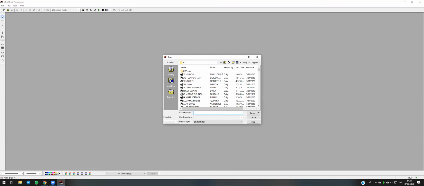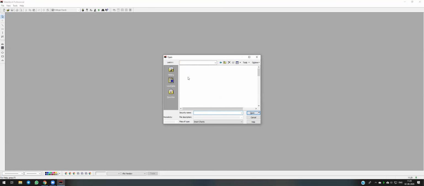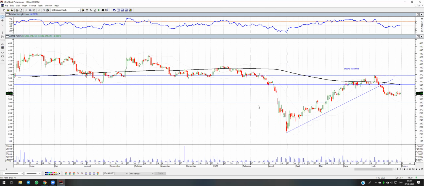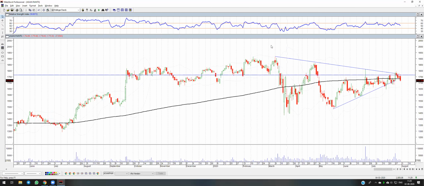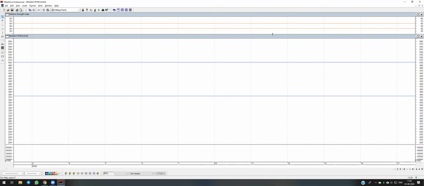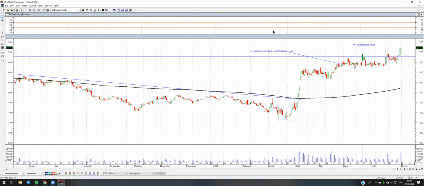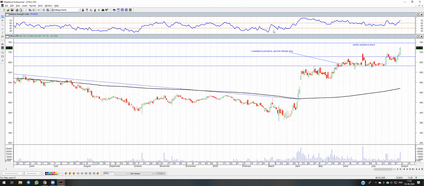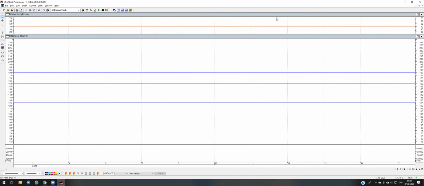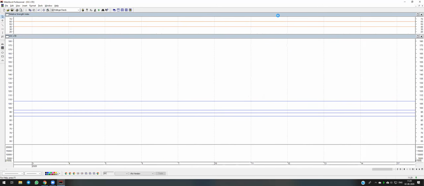The best part of this is that I also use it for scanning all my charts. You can see this is all the scripts, the Nifty 50 scripts here. With one click of a button, I can move very quickly and scan my charts. See, it's kind of looking like a breakout. See how fast it is? So this is how we do it.